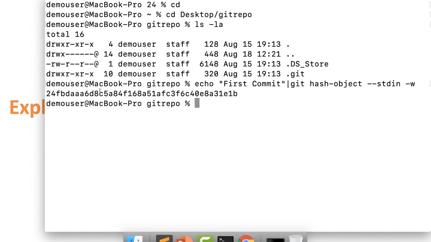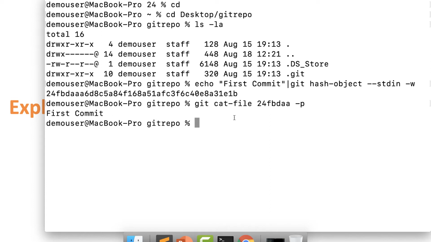You can see there is one hash created over here. This is the hash that is created from the object creation we have done using the git hash-object command. I'll see the content of the file first. I'll use one more command called git cat-file, type the hash over here and use -p. This command is used for viewing the content of a particular object.